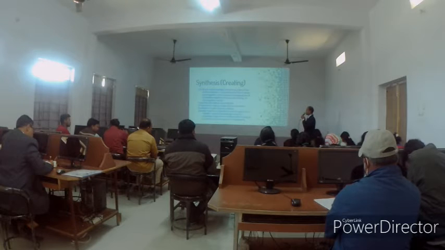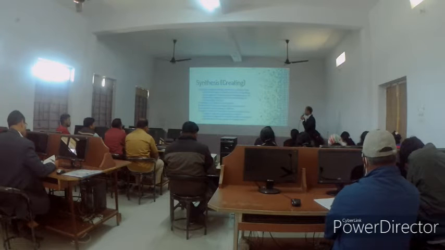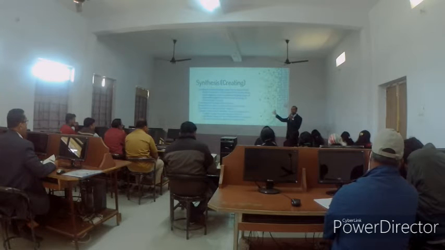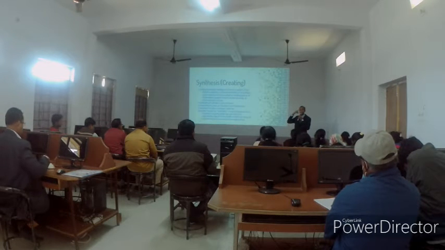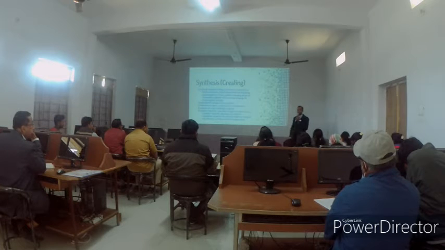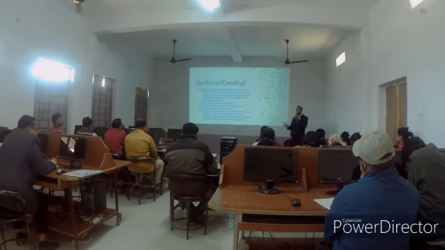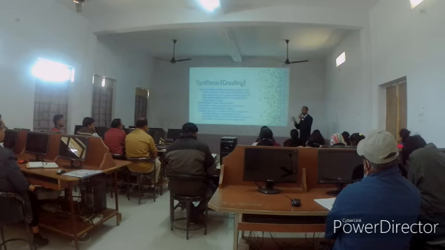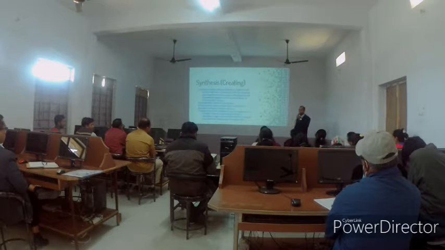So, production of unique communication, production of a plan or proposed set of operations, the derivation of a set of abstract relations. Abstract came now, abstract. That means these are thoughts, higher order thinking skill. Some thought questions are there, you might have seen in the book, where the student has to think. The thing which is asked in the question is not exactly there in the lesson. They have to create some ideas to answer those questions. These are not discussed in the lesson because it is thought. The higher order thinking skill that needs your critical thinking.